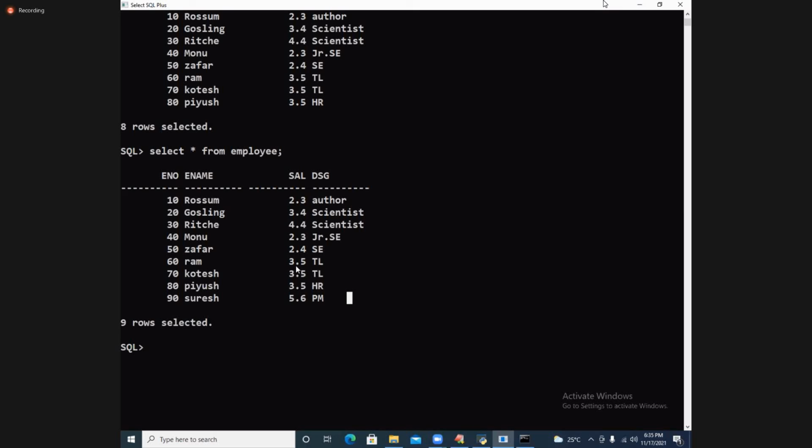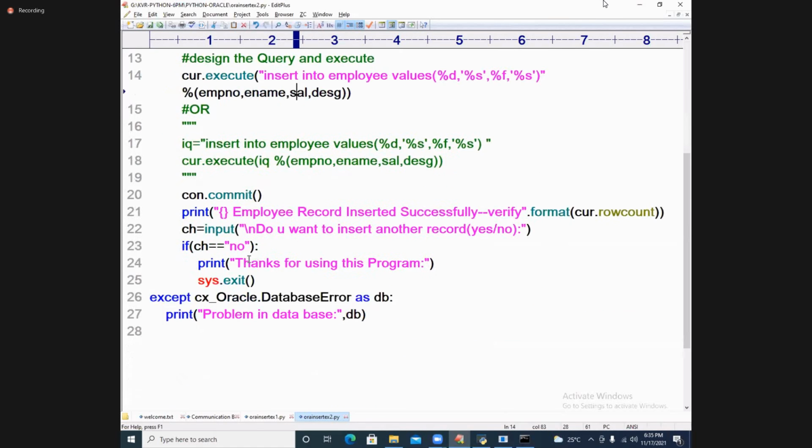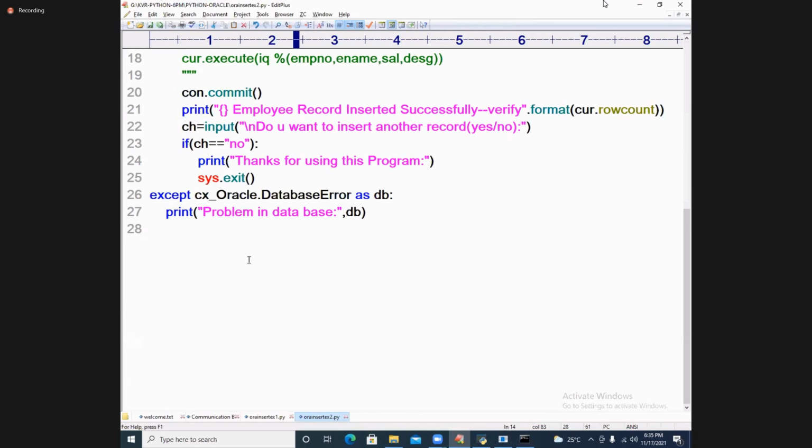Slowly you are going toward project level operations, which you can also do very perfectly. Is the insert operation clear? Any doubt about it? Good. Very nice.